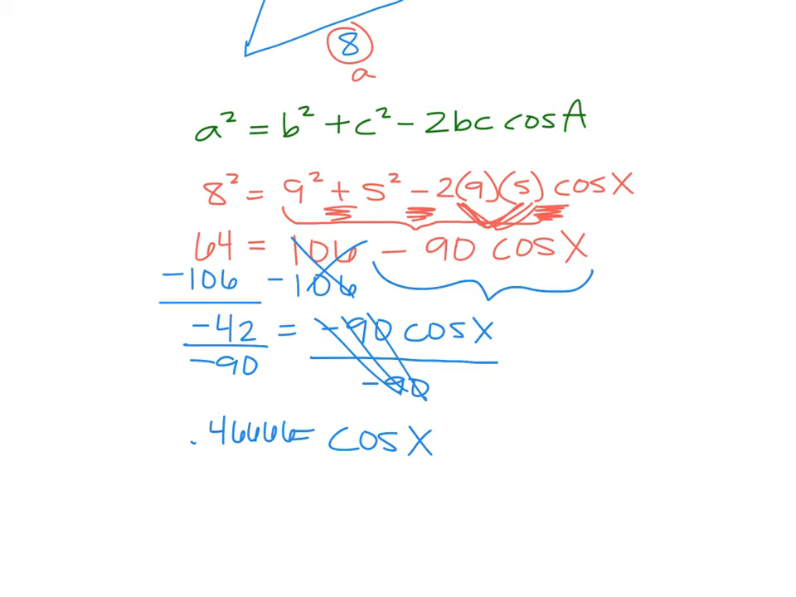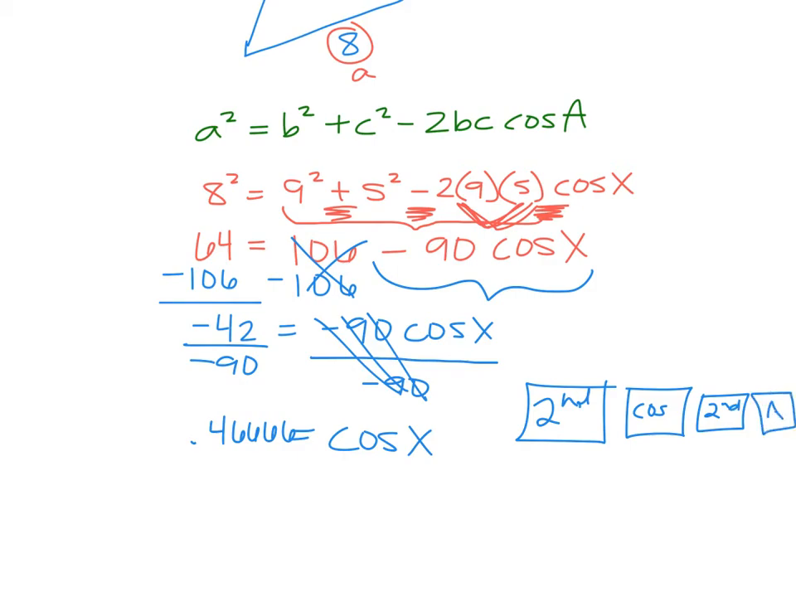Like I said, just leave that in your calculator, go second cosine, second answer, okay? Second key, cosine key, second key, answer key. I don't know what your answer key says on it. Mine says enter. No, mine says the negative sign, but whatever yours is. So you're going to go, the inverse cosine of 0.46 repeating is,